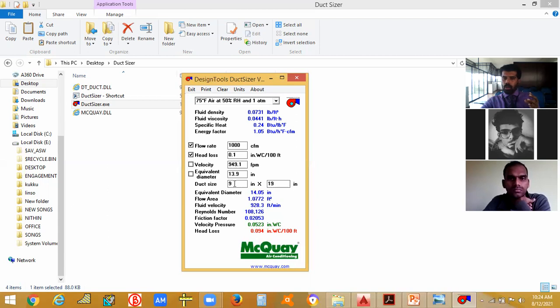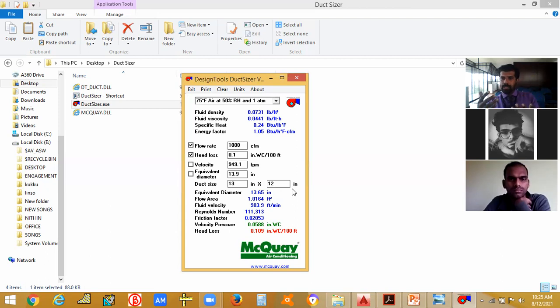So when you are giving a number here, make sure that it does not have a great difference in the value. If I am giving 9 here, it automatically becomes 19 here. If I give 10 here, I get 16. If I give 11 here, I get 15. If I give 12 here, I get 30. If I give 13 here, automatically it will come as 12 there. So best I will choose 13 into 12 inch, 13 inch width and 12 inch height, because this is the value which is coming closer to the aspect ratio 1:1.